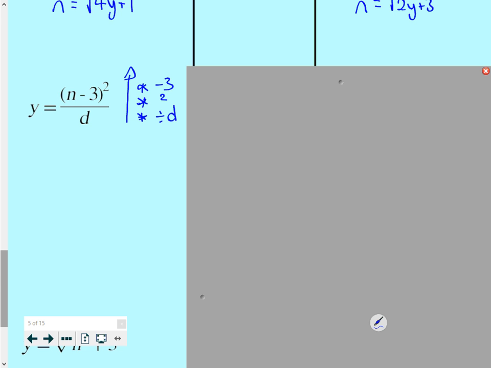Now, I'm timesing d by y, so I'm going to get dy, and I put the d first because I do it alphabetically, d, then y. That's going to be equal to n minus 3 all squared. Then I'm going to have to square root it, so the square root of dy is going to be equal